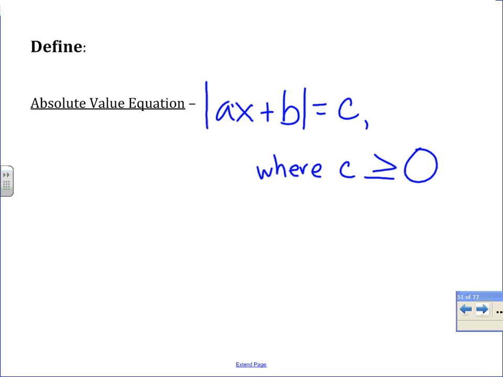There's not going to be a solution. You cannot take the absolute value of something and get a negative number. So this c in this equation always has to be 0 or more. If it's not, the answer is going to be no solution. So if we look at the examples,